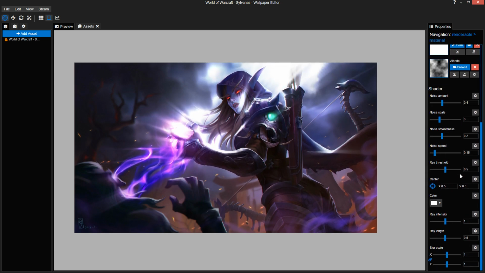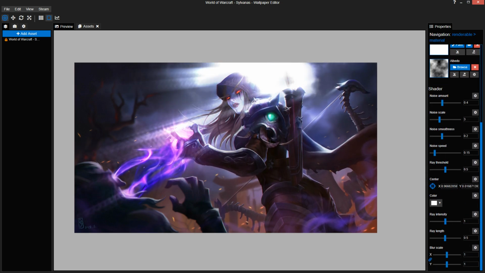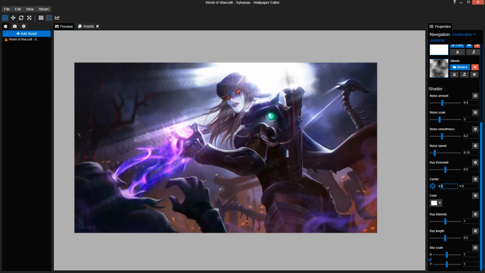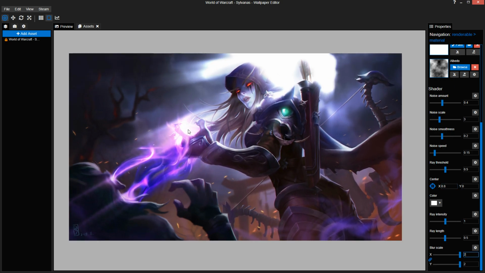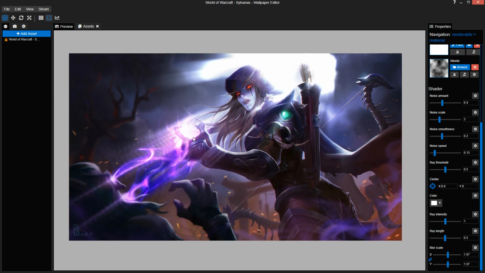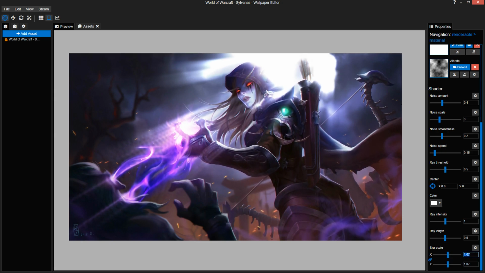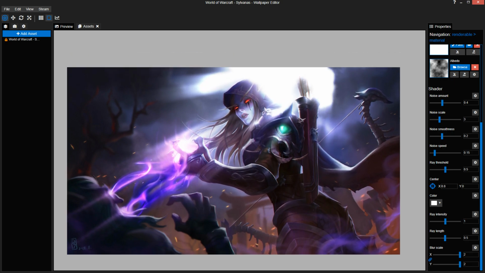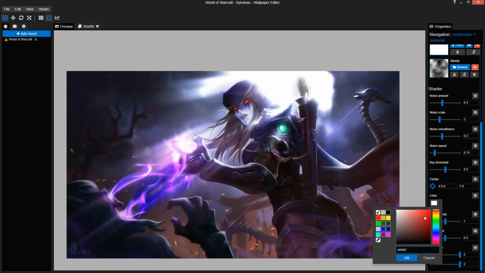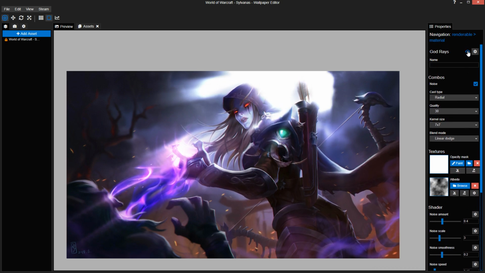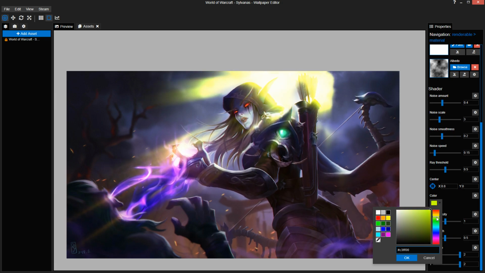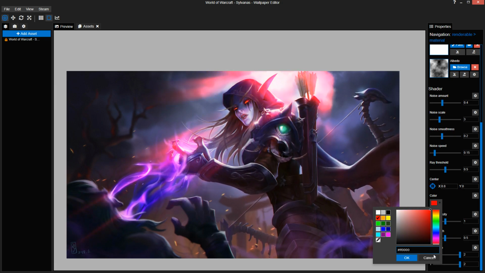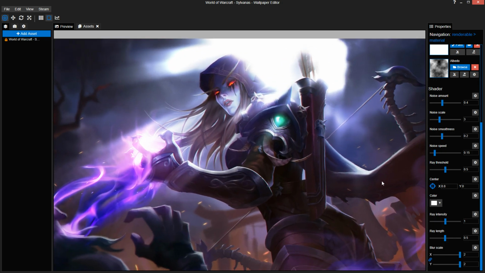So we're gonna turn this on, and you can just manually do it like this with the arrow, or you just go 1, 0, and you've got it right. I'm gonna use 1.8. Yeah, this looks about right. Blur scale to 2 to create less of this effect. The longer the ray, the weirder it's gonna look if you don't increase the blur effect. Right, the color, practically leave it as it is, I think. Don't really need to change it. You can do all types of colors if you want a yellow sun or all colors of the rainbow. It's totally possible if you want. I'm gonna leave it at white.